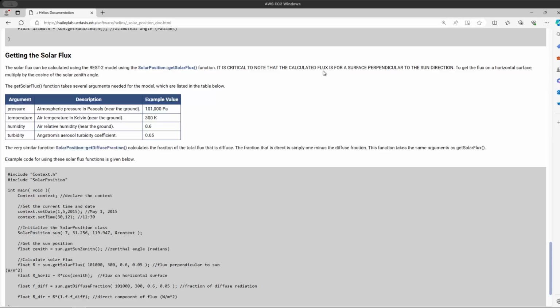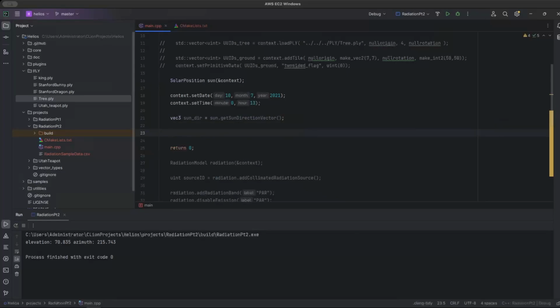This model takes 4 variables as inputs. It takes the atmospheric pressure in pascals. It takes the ambient air temperature in Kelvin, takes the relative humidity, and it takes the aerosol turbidity coefficient. And these are example values. We're going to define all of these and then use this to calculate our solar fluxes. Let's start by just defining values for each of these. Here in a minute, we're going to get those from weather data instead, but for now, let's just define them